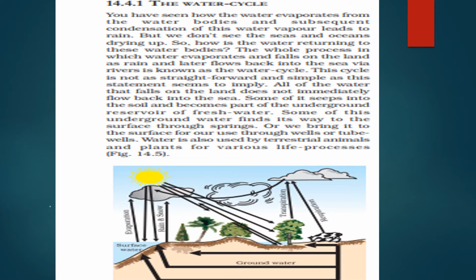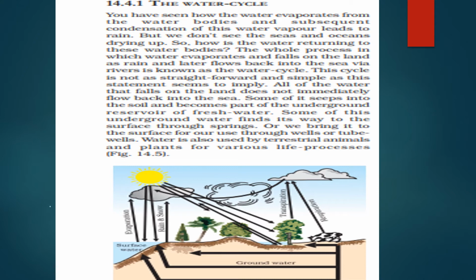So students, the water cycle means the water present on our earth, in seas, oceans, ponds, rivers, everywhere, evaporates due to the heat of the sun. When this water evaporates, the air above the surface of the water also gets heated, and as a result the hot air rises up. When hot air rises up, it carries the evaporated water vapor along with it, and it goes to a certain height. After reaching a certain height,